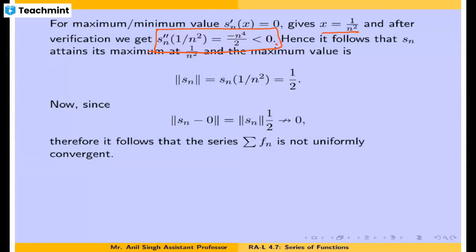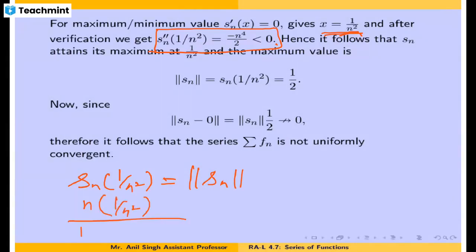And what is the maximum value? What maximum value do we have to calculate? Calculate the maximum value. S_n attains its maximum value at 1 by n square. That means this is equal to the norm of S_n. And what is the maximum value? It is n into x, so replace x with 1 upon n square. So 1 plus n to the power 4, times x square, so replace x with 1 by n square. You just compute this value. In the numerator you will be left with 1 by n. And in the denominator what you will have is 1 plus